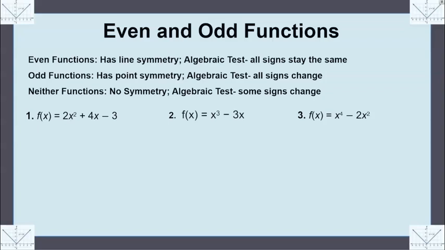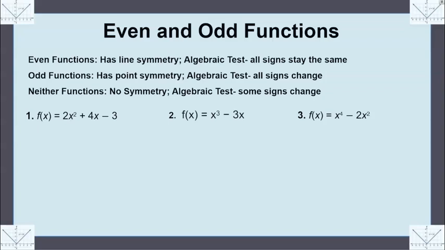And then if you do all of the algebraic test and only some of the signs change, then this would be neither function because there would be no symmetry. So there's not a specific pattern in your graph. It's going to be an irregularly shaped graph. So for this video, we're just going to show how you can use the algebraic test to determine if it's